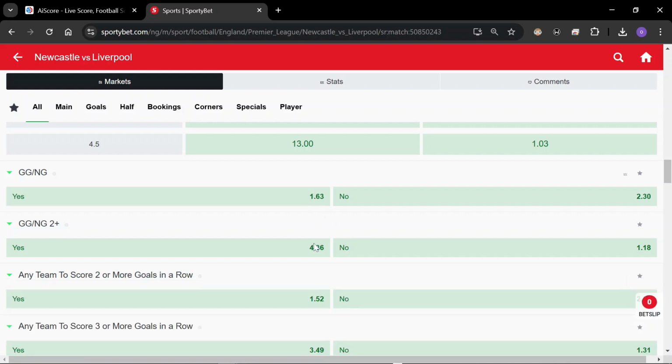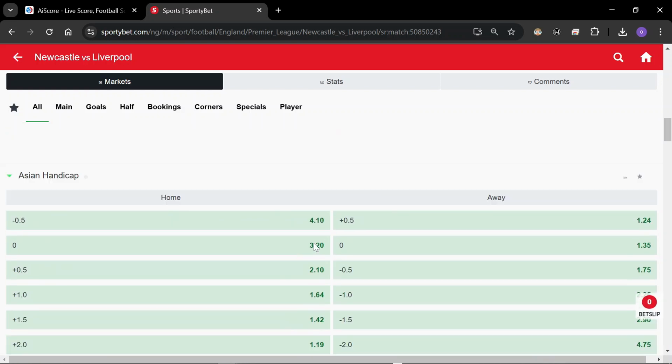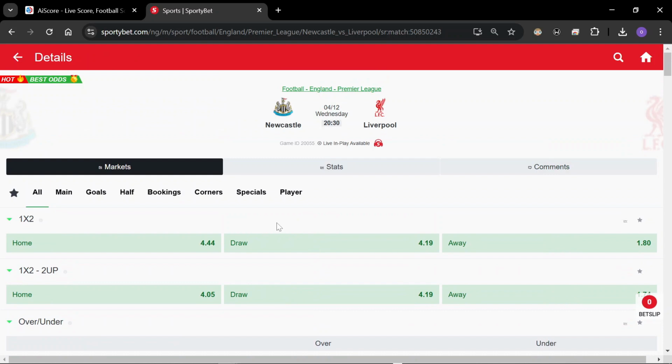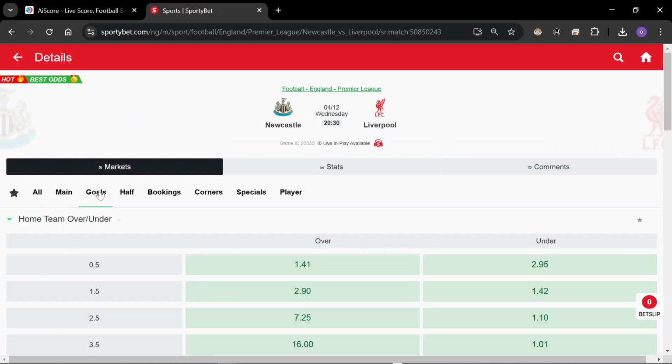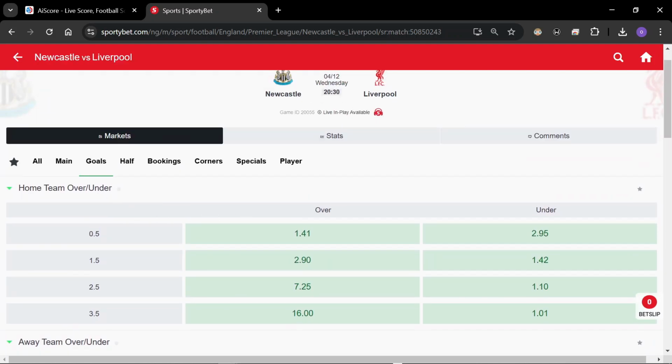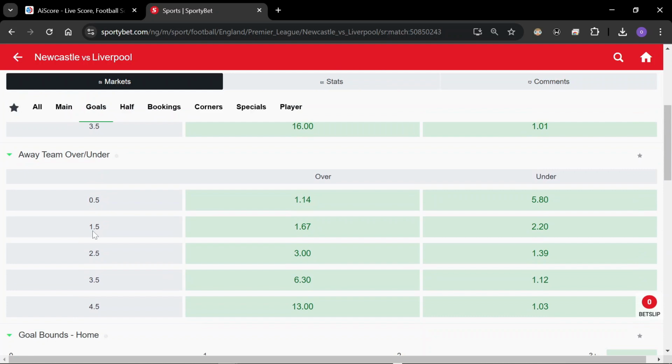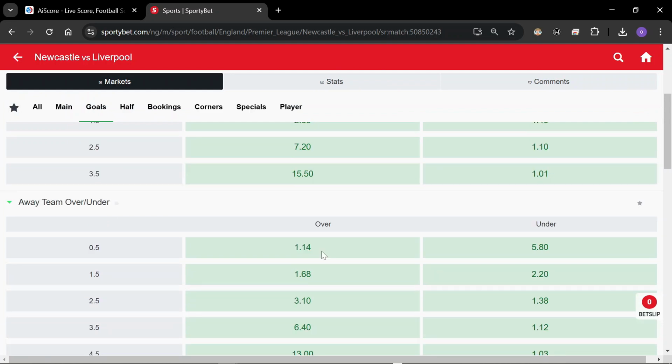And if you also go for an option like home team to score over 0.5 goals, let's see if we can find that option. Home team over 0.5 goals or away team over 0.5 goals. Sorry, it's the away team over 0.5 goals. Now, over here for the option for away team to score over 0.5 goals, you can see that the odd